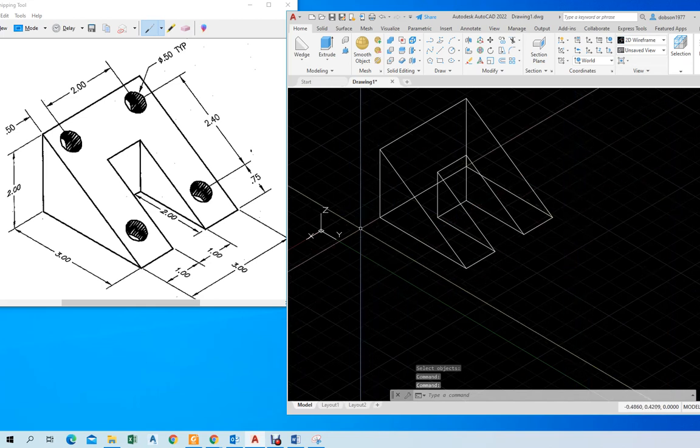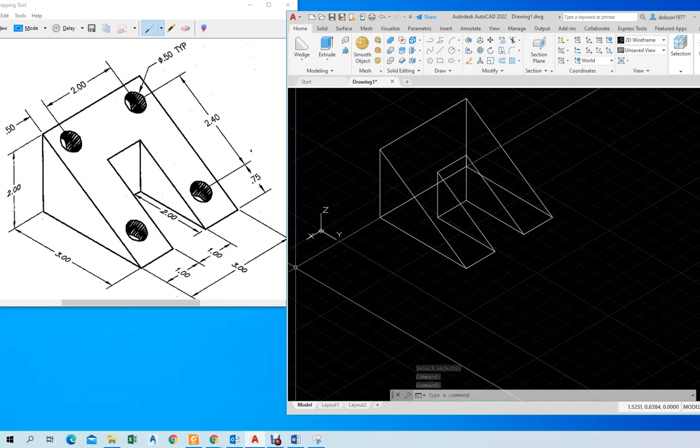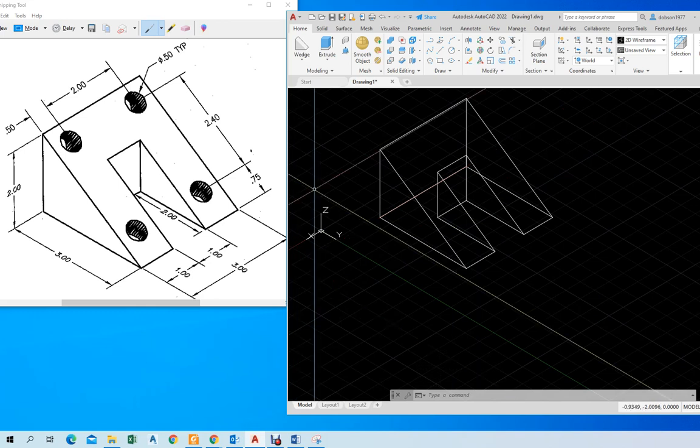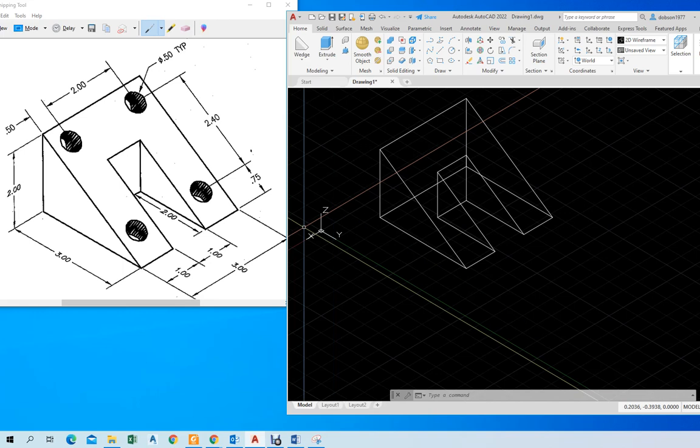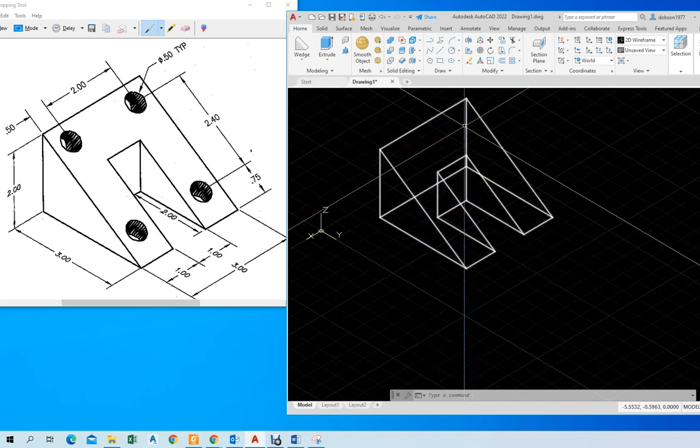So now the next thing I need to do is create these openings, these 4 openings, and understand that they are perpendicular to the slope. They're not going straight down, because if they did that, any bolt or any nut that you would put in here wouldn't be flush with the surface. So it has to go perpendicular to this